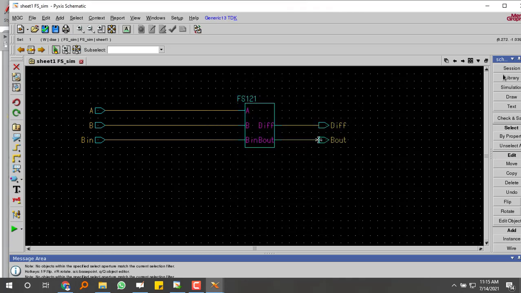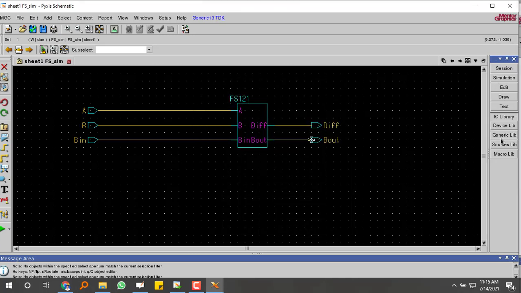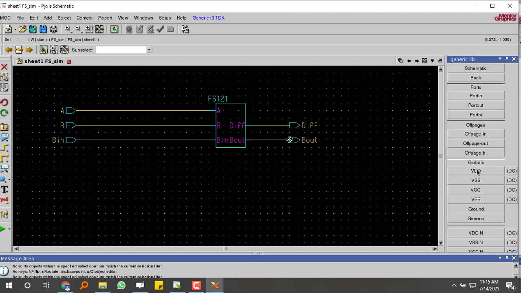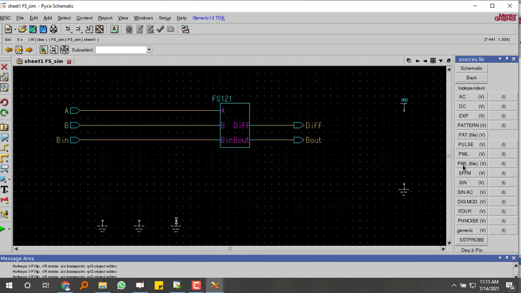So for this, go to library. Here we are having generic library, because we have to provide VDD 5 volts, ground. We are having 3 inputs, that is why we have to connect 3 patterns. I am taking ground. Now go into source library. DC is given to this one.